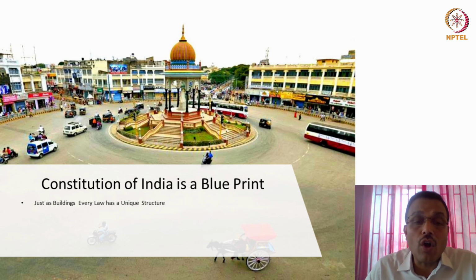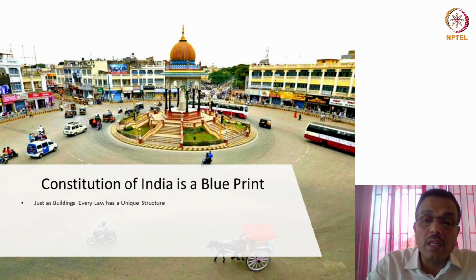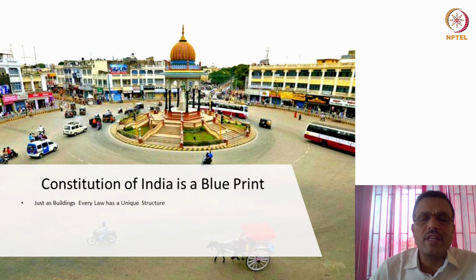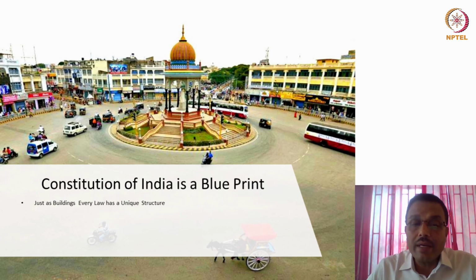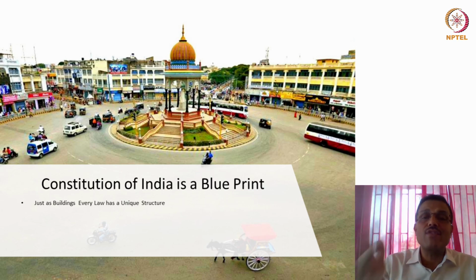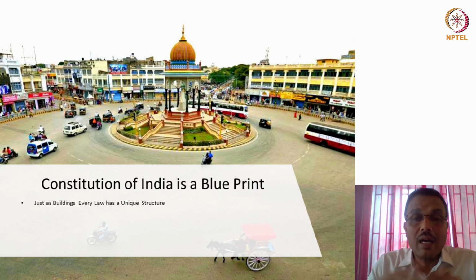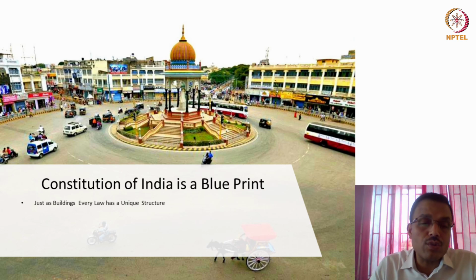So a constitution displays that unique character of a nation, and hence you will notice that every country's constitution is going to be quite significantly different, right? For example, a house that is built in the United States is not the way Indians usually build a house. So similarly, the constitution is a reflection of the country, its diversity, its societal aspirations and challenges. And hence, there is a unique structure to the constitution, just as we have unique structure for buildings. So when you look at the study of comparative constitution, comparing the Indian constitution, say, with the American one or any other constitution, you will notice how uniquely some of these constitutions have been designed.